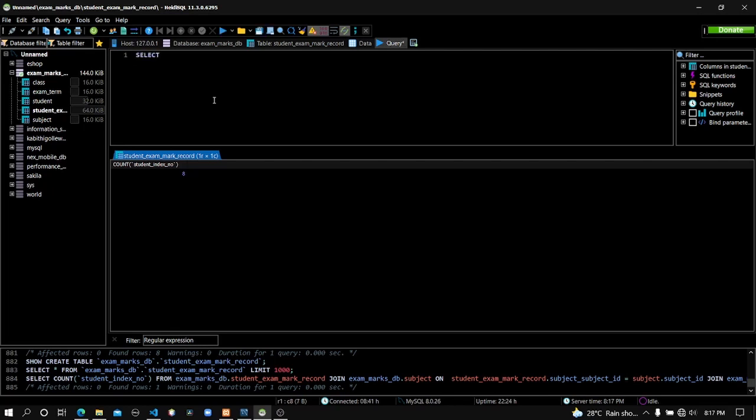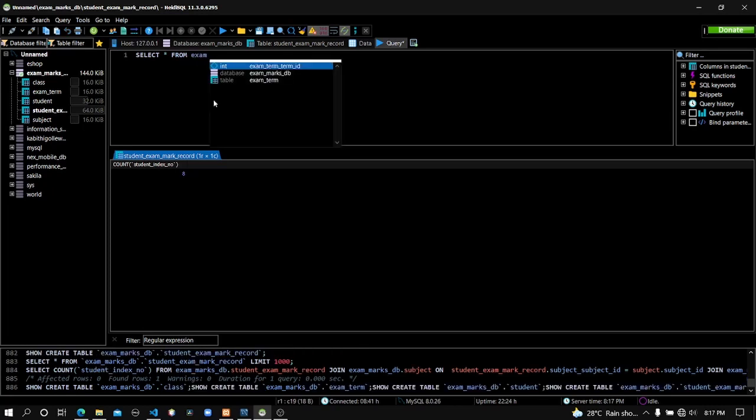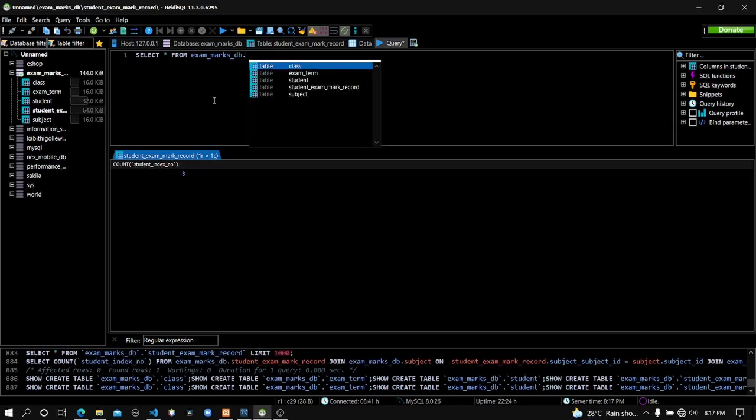Select. For now I need all the details, so I'm using asterisk. Select asterisk from the database exam mark db, and then here's the table we are going to join. This is the first table, and then here's the joining method. I'm going to use the self join method, join,